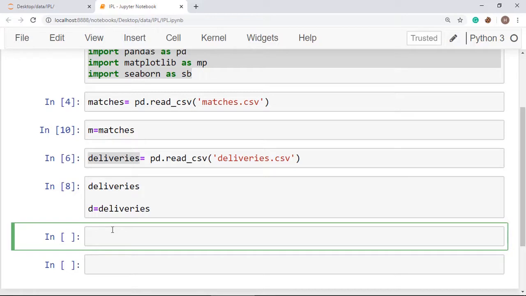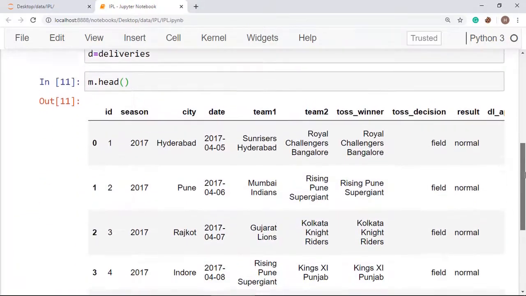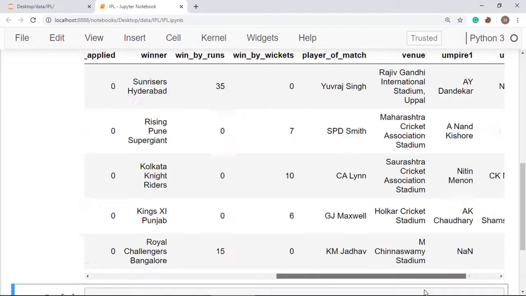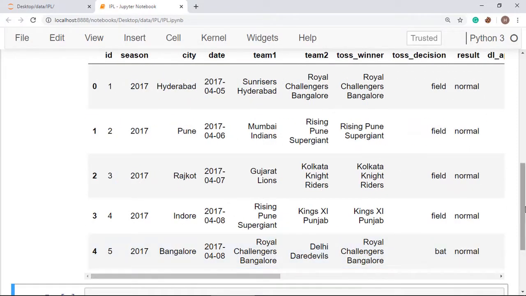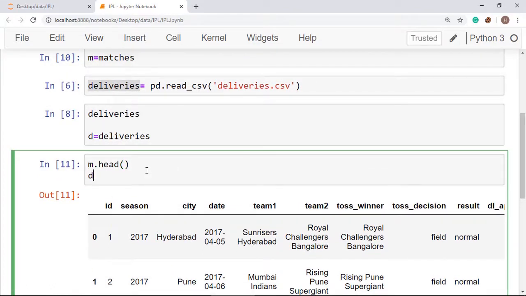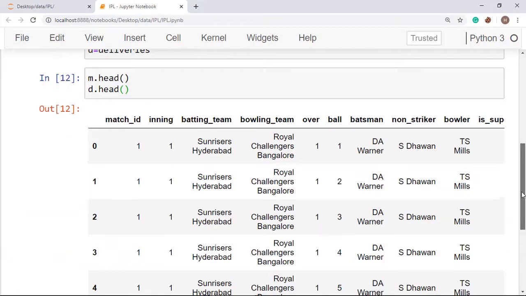First I am going to show you how to analyze the data using a quick summary. Use the head function to get the top 5 rows from the file. Here this one is the top 5 rows from the matches file, and this one we can also call for the deliveries file.